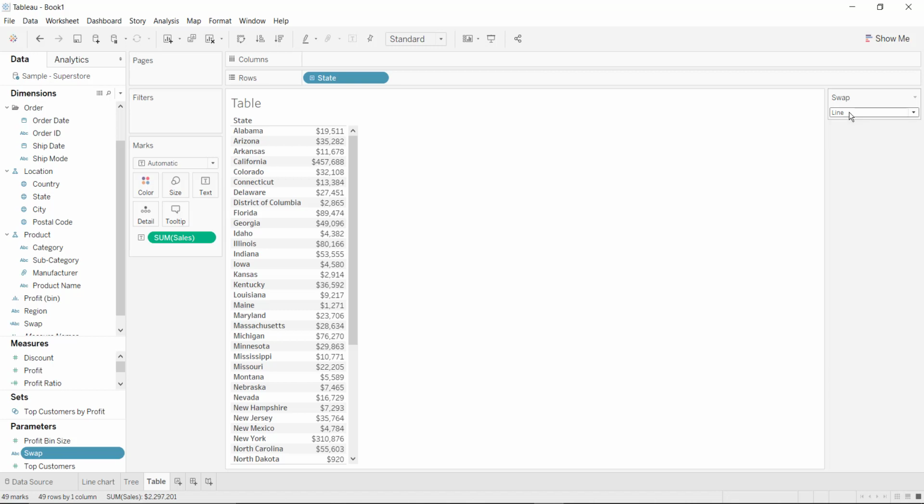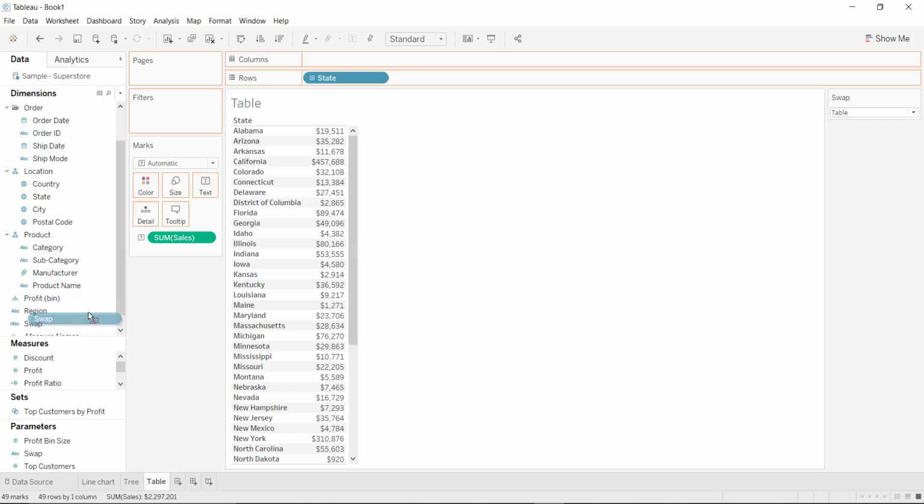Right now line is selected, so the value stored inside the calculated field swap would be line. But right now we are in the table chart, so I will be selecting the value table. So right now the calculated field swap has the value table selected.